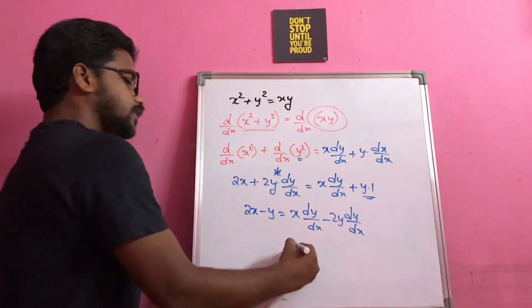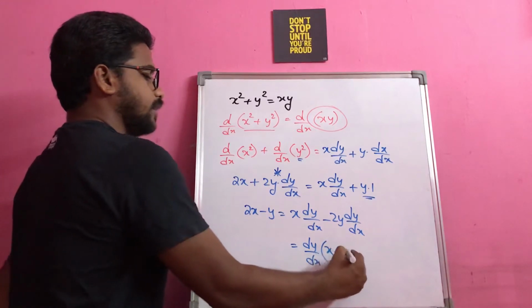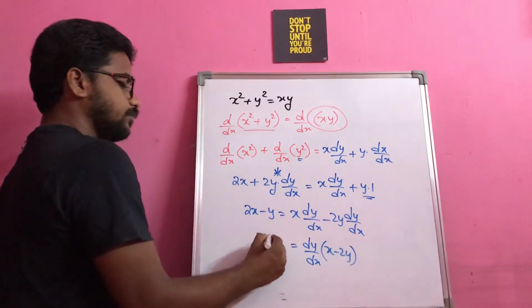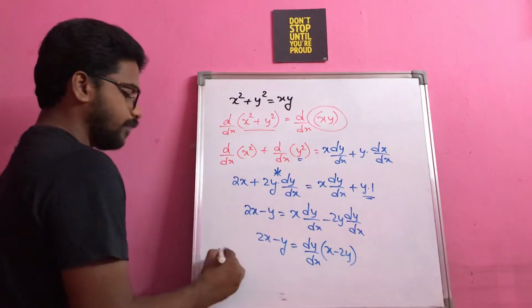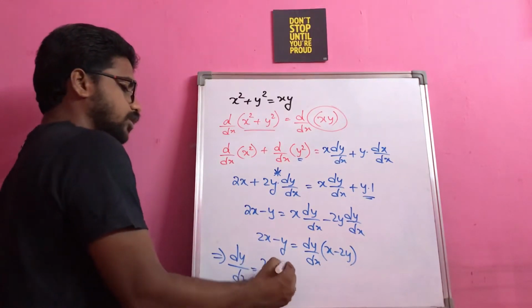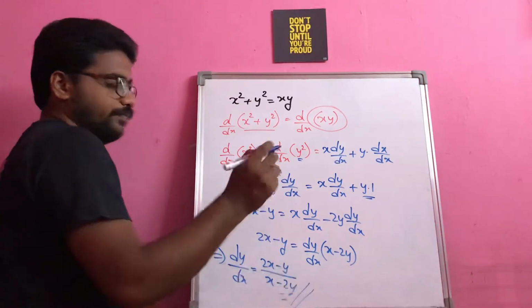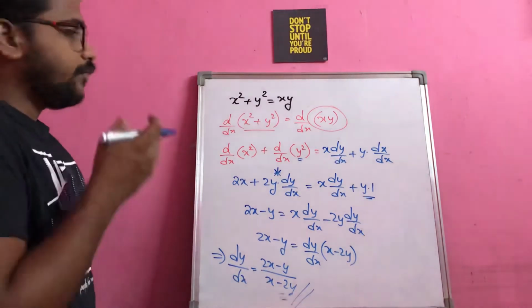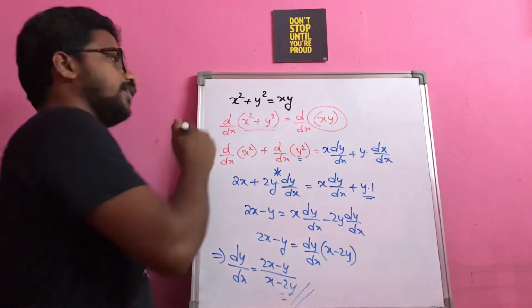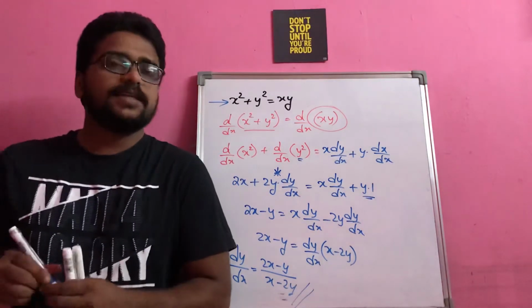So if you just pull the dy by dx as a common here, you will be getting x minus 2y, 2x minus y. So our requirement is to find the value of dy by dx. This is equal to 2x minus y divided by x minus 2y. Right? So if you just observe here, if I, like in the initial stage of solving,